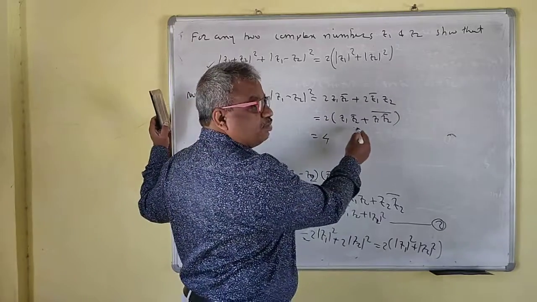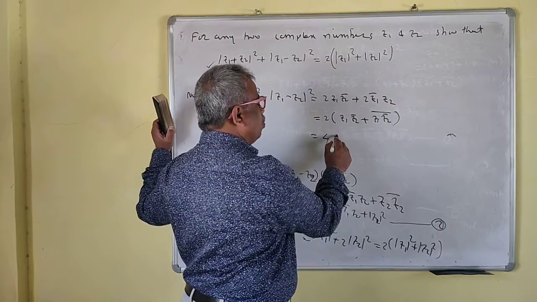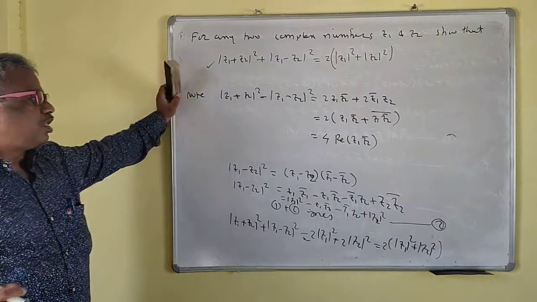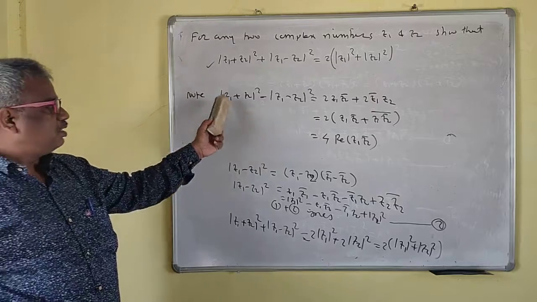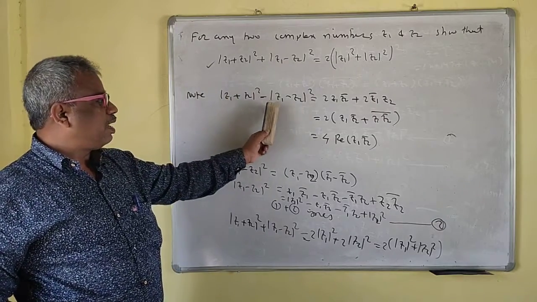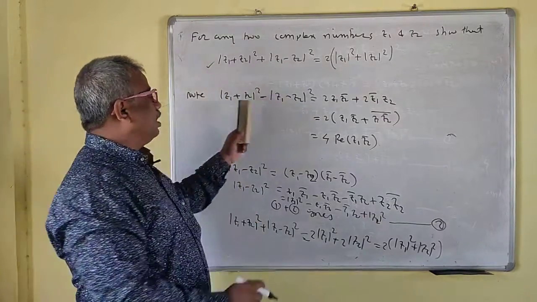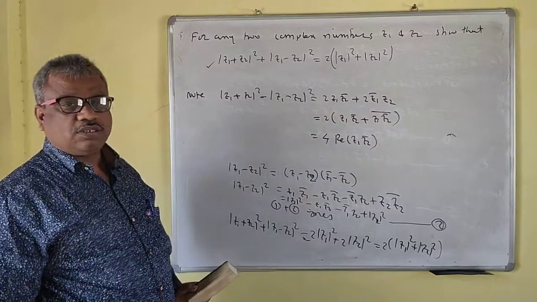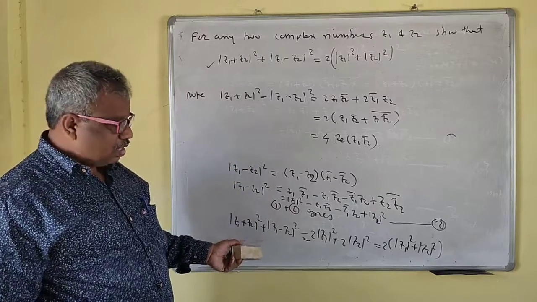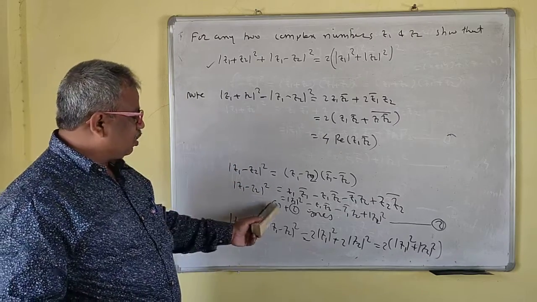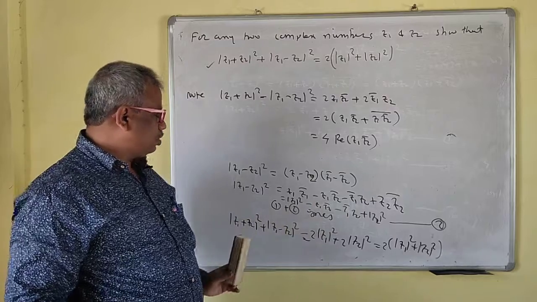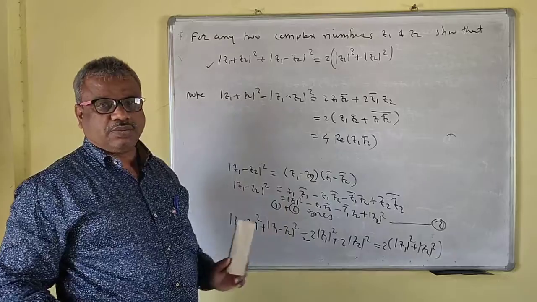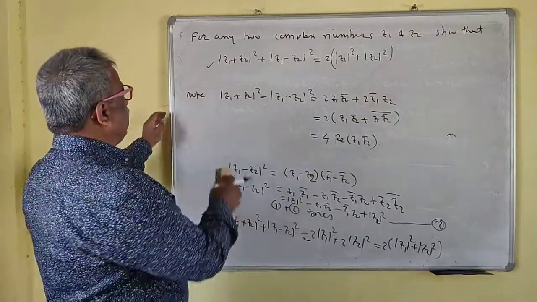So this is 2 times the real part of this one. So 2 into 2 is 4. So the real part of Z1 Z2 bar. Okay. So now if the problem is asked like this, prove that (Z1 plus Z2) square minus (Z1 minus Z2) square is equal to 4 times the real part of Z1 Z2 bar, we just have to write all the solution, instead of the addition, 1 minus 2 gives, right? So minus, 1 minus 2 gives, you get this one. Okay. So if the problem asks like this, then